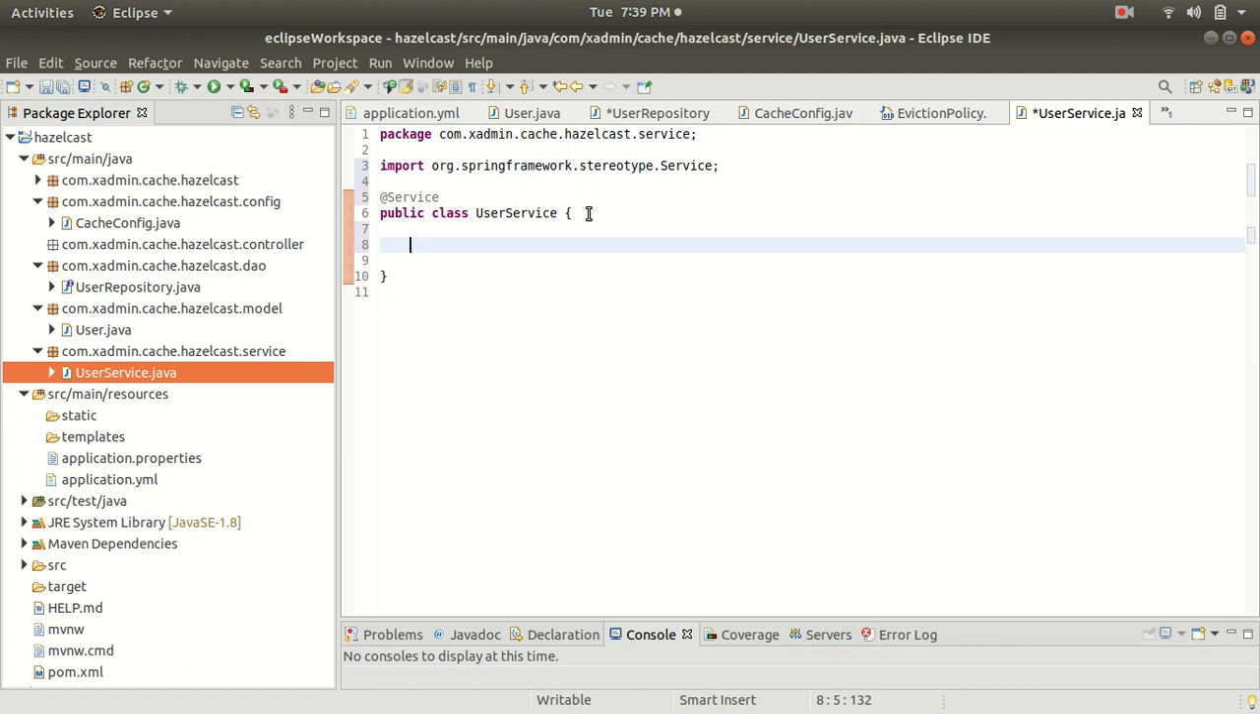Inside these methods we are going to call the JPA repository methods. All right, so let me show you first by writing the method for get all users. So let's write a method public, and here the return type I will keep as a List with generic type User. So getUsers,